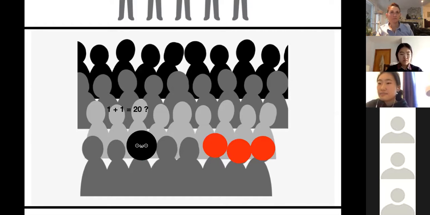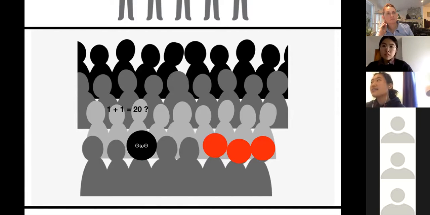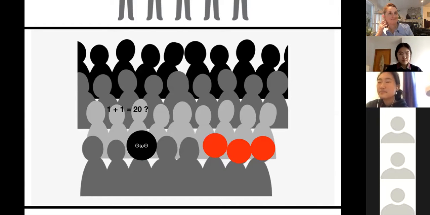And they increased the group to 3 people in total. So 1 person versus 2 people. And that increased the rate of wrong answers. And up to 3 people, it increased again. So I don't have the exact numbers, but for example, maybe when there's 1 person who's saying the wrong answer, you would say the wrong answer 10% of the time. But when there's 2 people who are saying the wrong answers versus you who is trying to say the right answer, you would instead say the wrong answer 20% of the time.